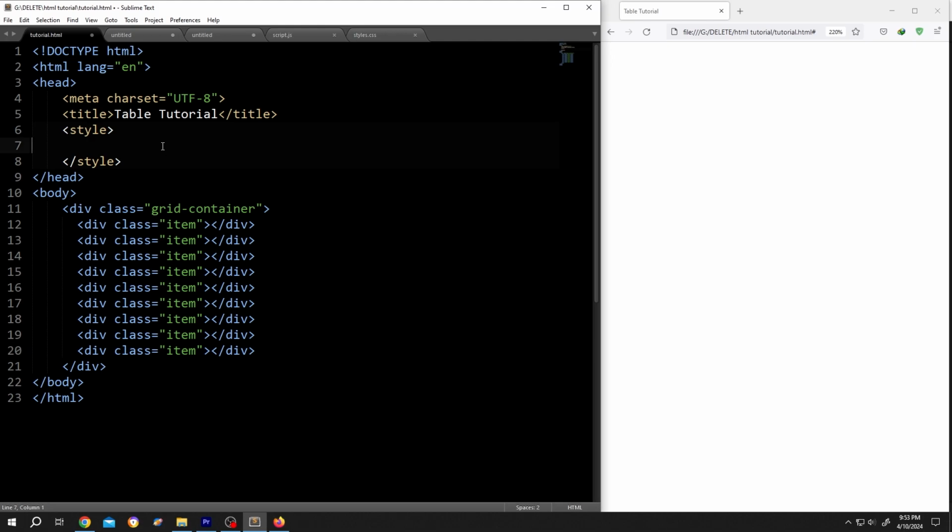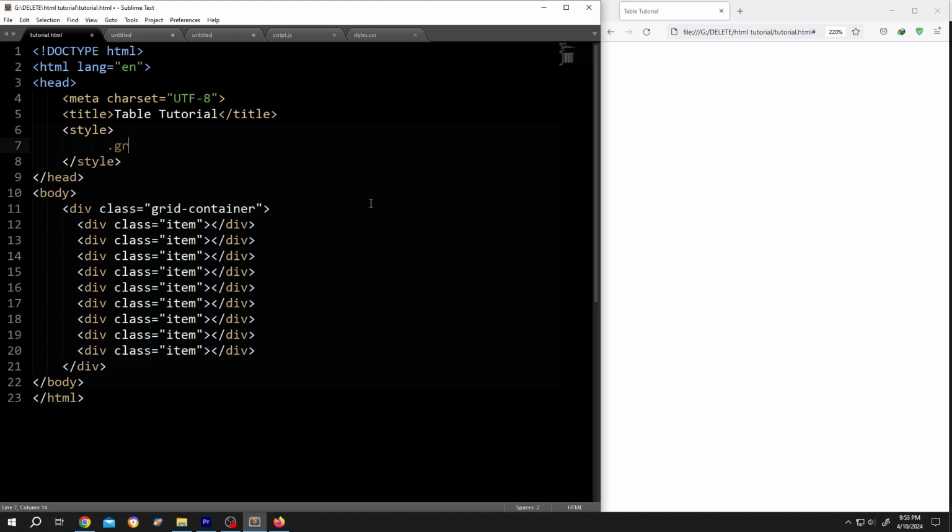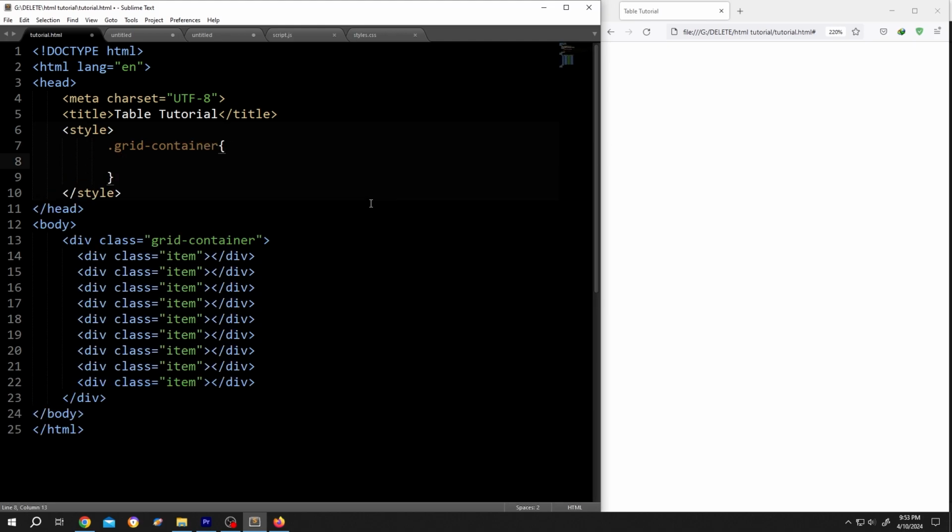Now go inside the style section. Call for the grid-container class. Opening brace, closing brace, give it some space. Inside we need to say that this container will use the grid layout. So display: grid;